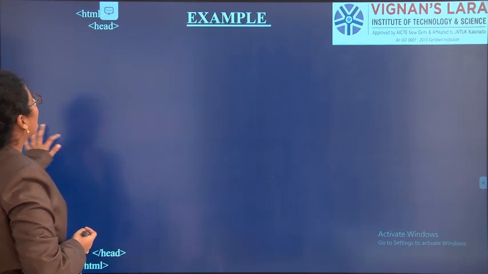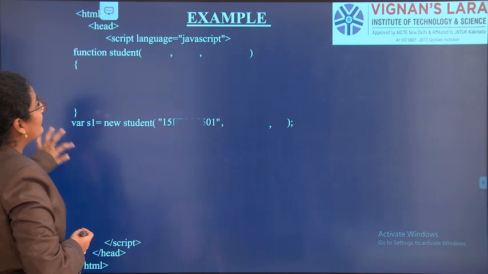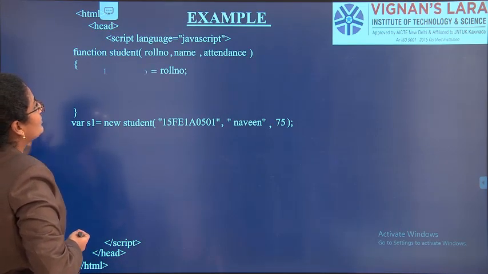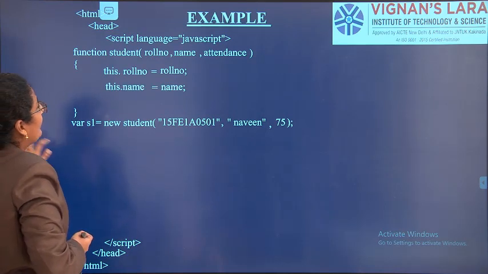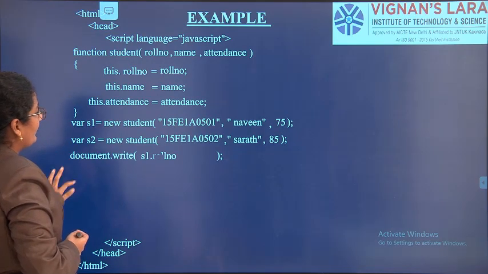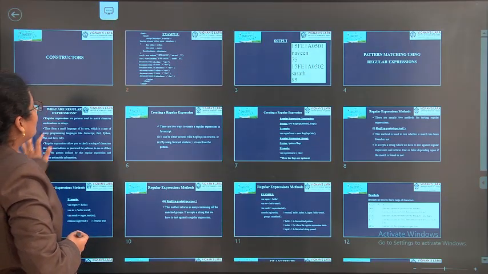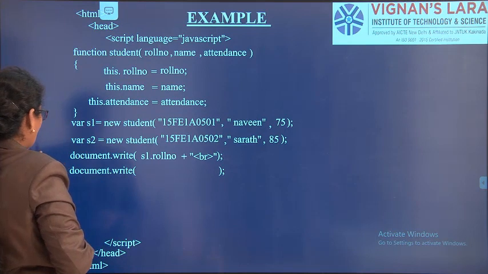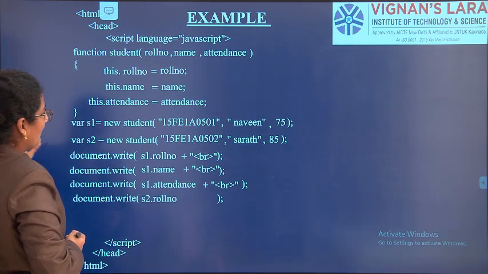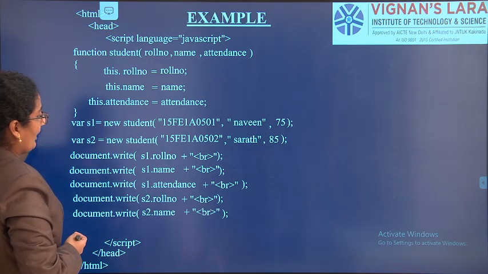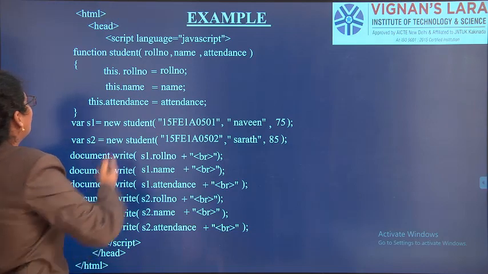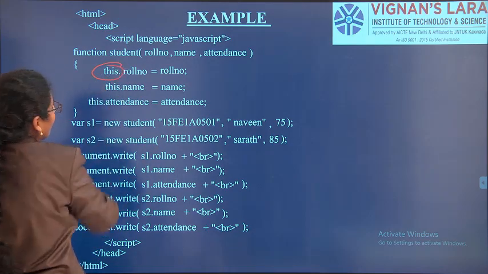I am going directly into the example of constructor because you know what a constructor is in many programming languages. I just wanted to go into an example and tell you what the constructor is and what output we'll get. This is the example for constructor. After explaining the program, we will go into the output. As you can see, the word this is the constructor here.